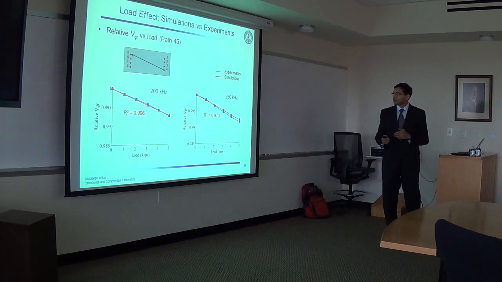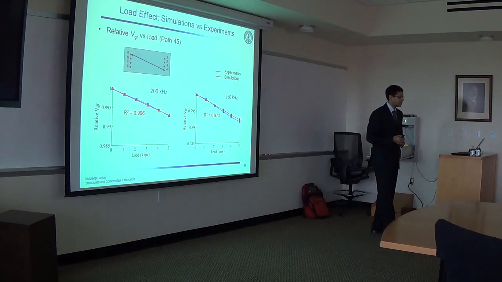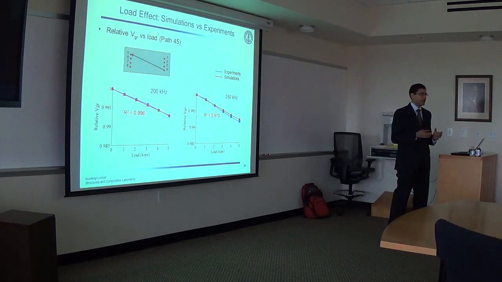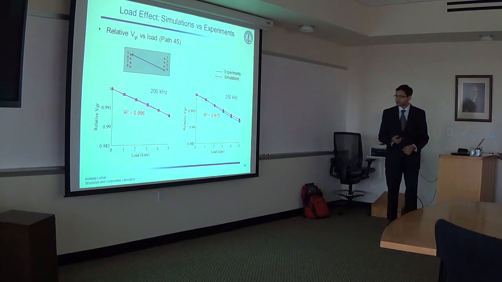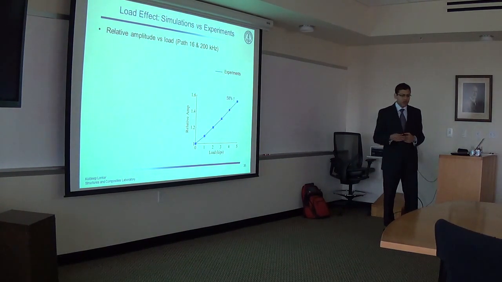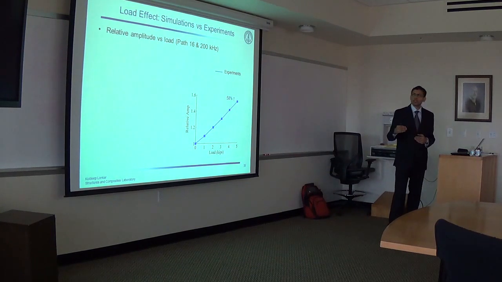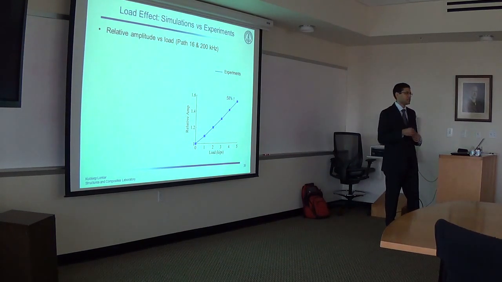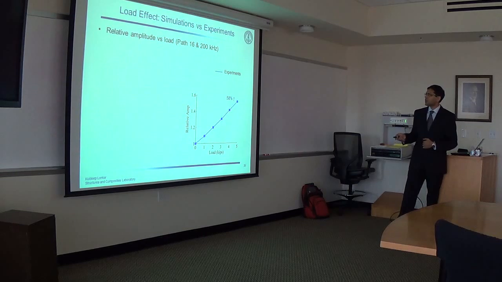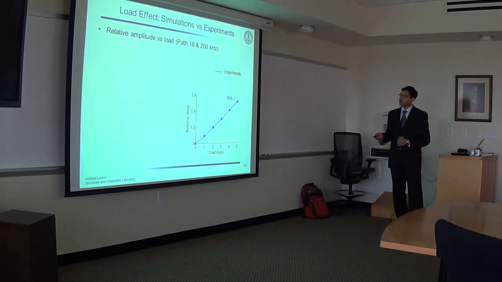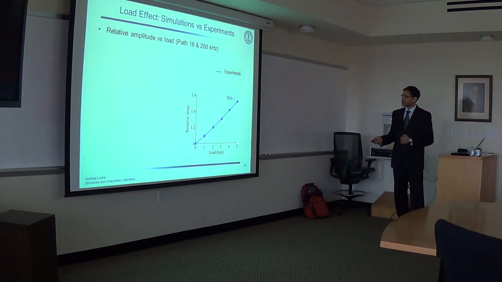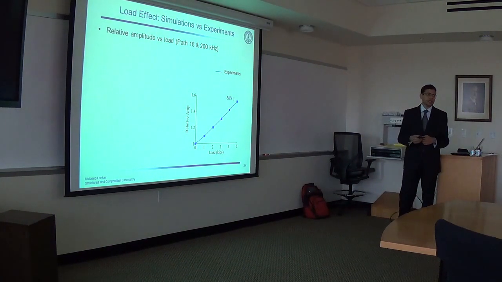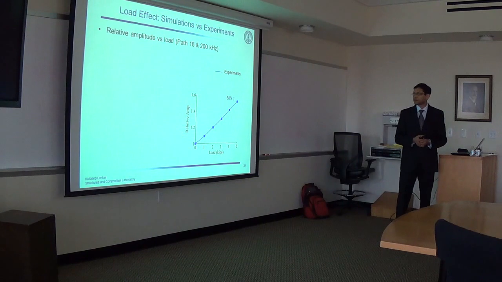Now, using this acousto-elastic formulation, we can accurately model the variation in the group velocity of the waves. But we also observed that there was huge variation in the sensor signal amplitude as we changed the load. Here I have shown the relative amplitude for path 1-6 for actuation signal 200 kilohertz, and we can see when the load was 5 kips, there was 58% increase in the sensor signal amplitude.